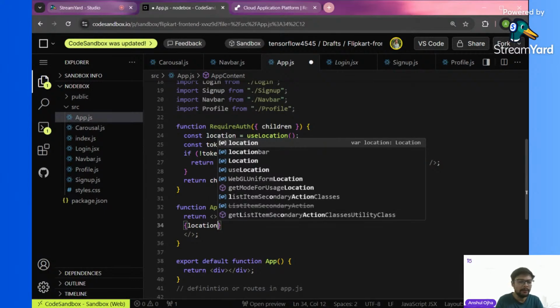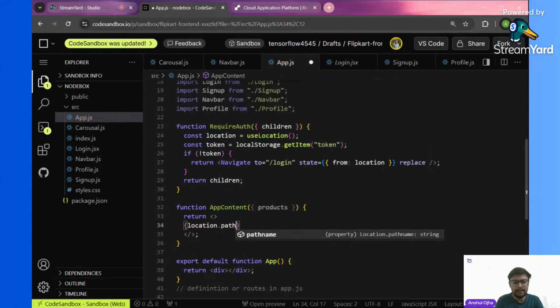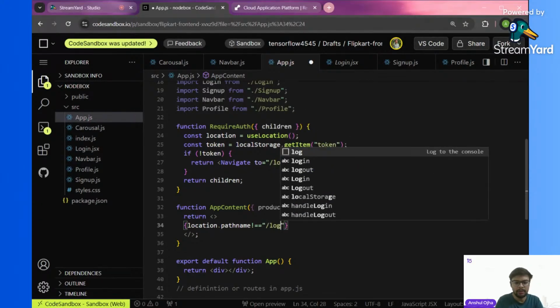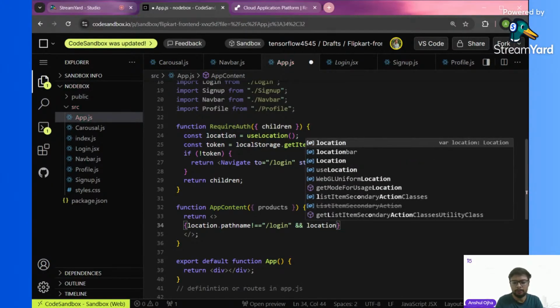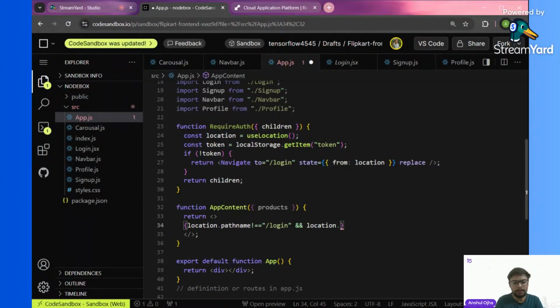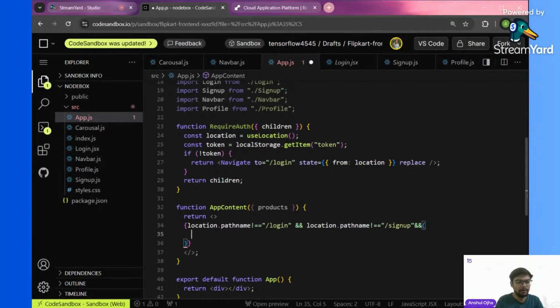I want to show my navbar everywhere other than the login and sign up page. So I will add a conditional rendering case. I will check if my route in the present case is login, or else if my route in the present case is sign up. In that case, I will not be showing the navbar. So again, location dot pathname, not auth name, but pathname, and it should not be equal to login or sign up. If these two routes are present, I do not want to show my navbar as an output. If there is any other route, in that case,